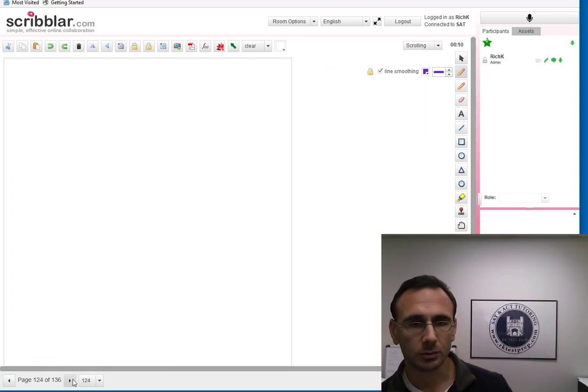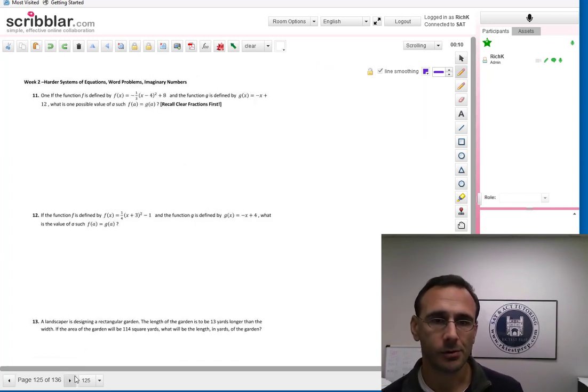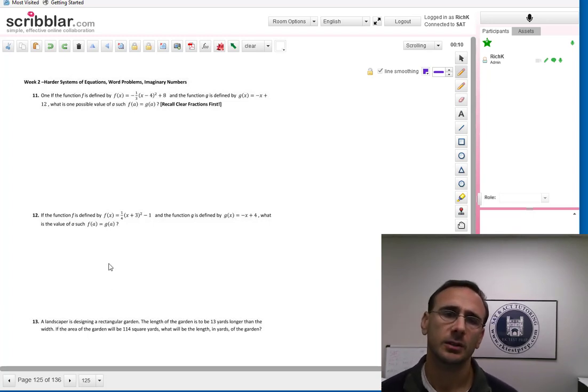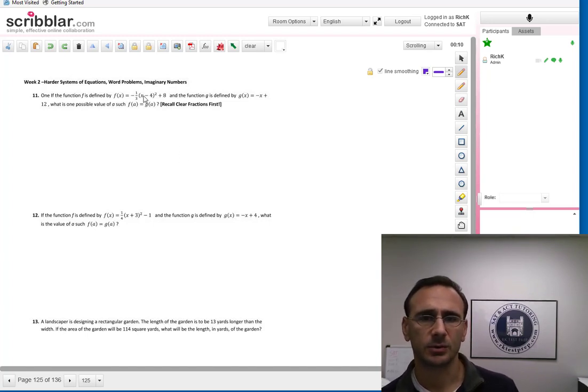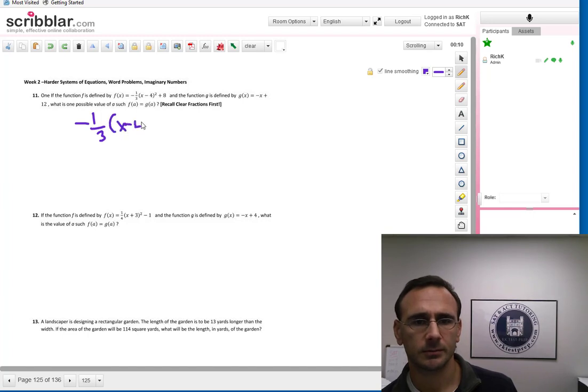Week 2 coming up next. We want to recall that we always want to clear fractions first. We have a big system here. F is this one, G is the other one. When is F equal to G? So we set them equal. And then times both sides by -3. So I would clear that fraction straight away